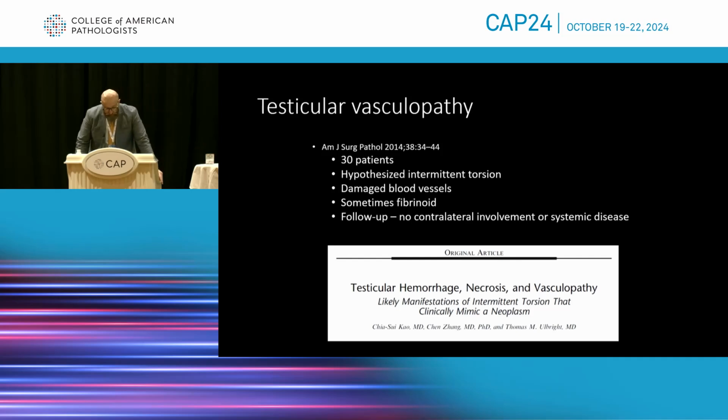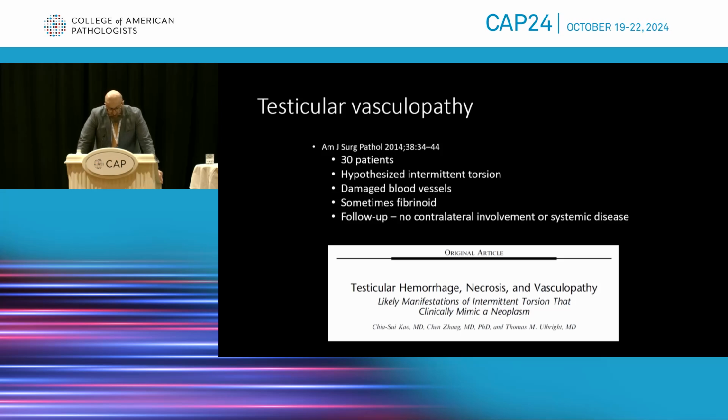So one of my colleagues who's now recently joined us at Cleveland Clinic, but we trained together at Indiana University, Sunny Kao, she looked at a series of patients that had this constellation of findings where the testis presented with what seemed to be a mass, and then it turned out to be just an area of hemorrhage and infarct. And then there was no tumor appreciable, but if you look around, you would see damaged blood vessels in the